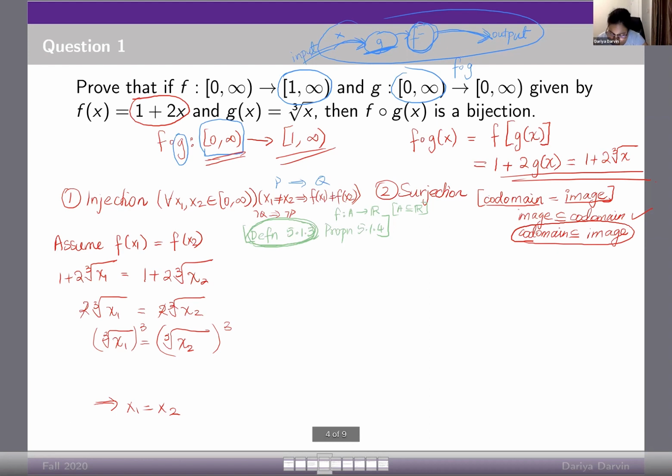So here, what that means is you want to show, what's the codomain here? 1 to infinity. You want to show 1 to infinity. I'm probably going to use a different color so that you don't get confused. You want to show 1 to infinity is a subset